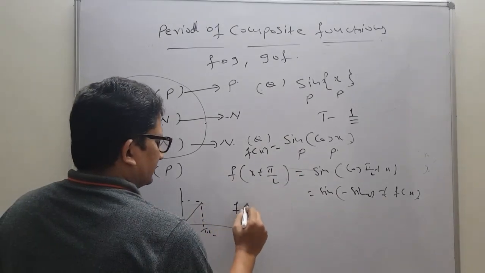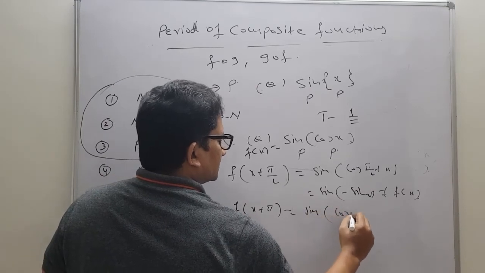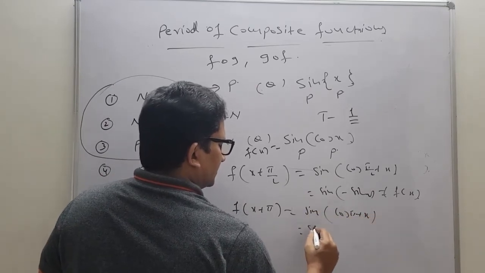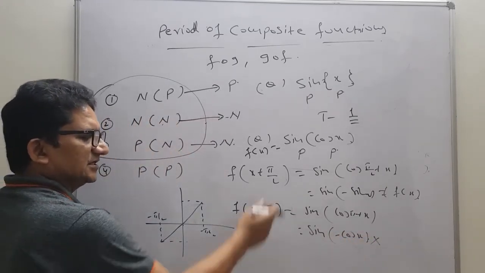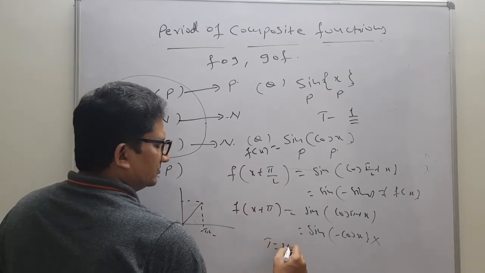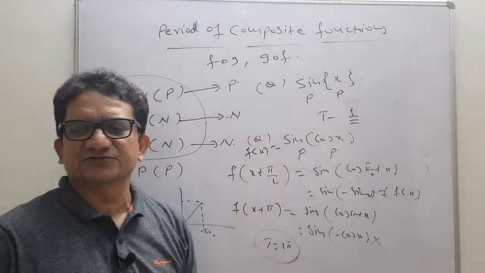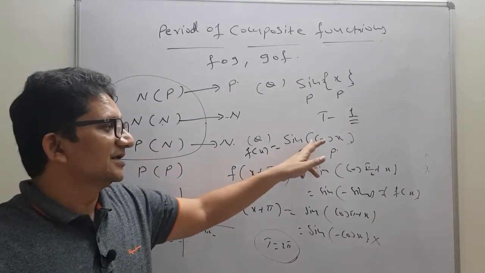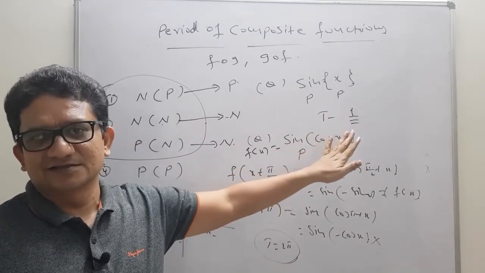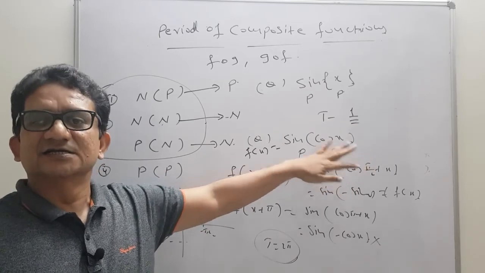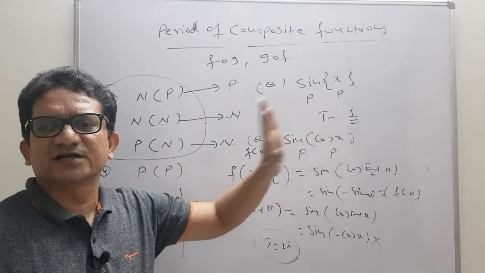Then we try another: f of x plus pi. Then we get sine of cos of pi plus x, that is sine of minus cos x, since cos 180 plus x is minus cos x. So here also it fails. Since pi by 2 and pi fail, there is no need to check further, straight away it is 2 pi, because cos of 2 pi plus x is cos x. Students, you may think that by the normal way also it is cos x only and the inside function is influencing. That was lucky, so don't take it for granted. For inside and outside both trigonometric functions, this is the best short technique of finding the period.